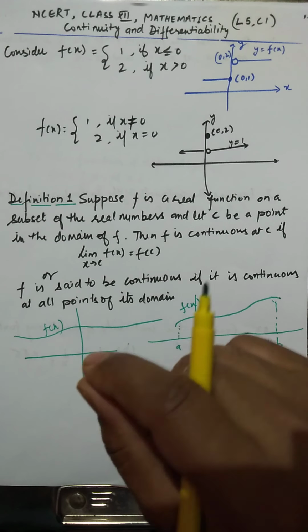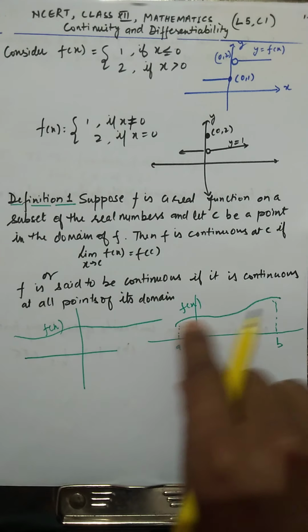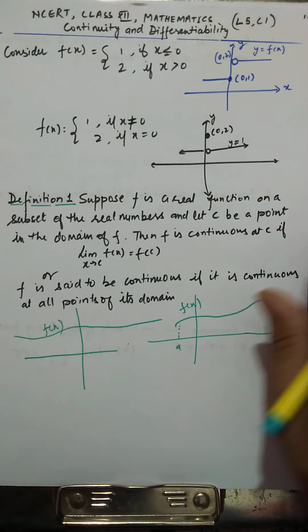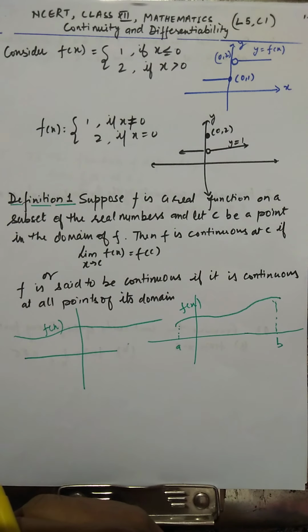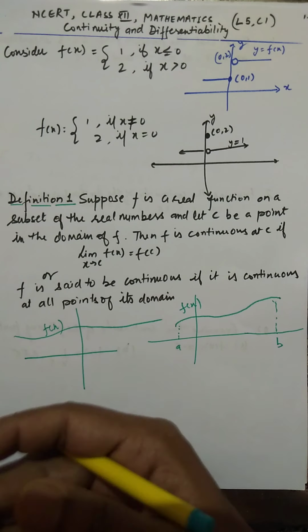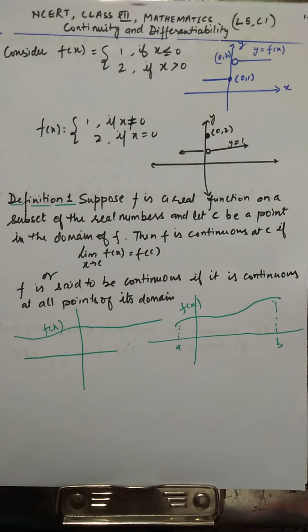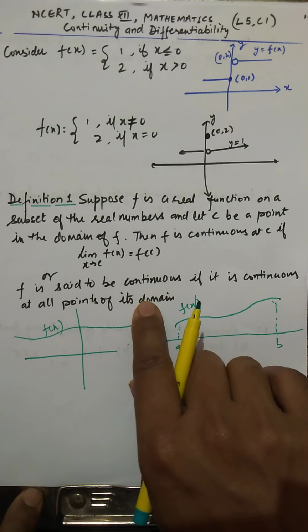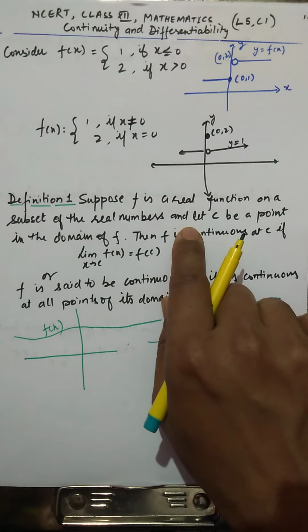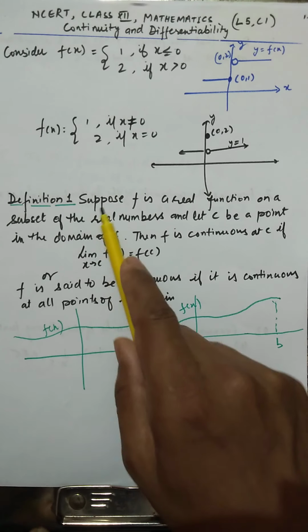So a very simple, basic thing: functions are continuous if you can draw them without lifting your pen. This is what you can understand geometrically. Now we will come to the definition, and we'll learn the procedure of how to show that a function is continuous. Continuity of a function is defined in two ways. The first way is the continuity of a function at a point, and the second is the continuity of a function in its domain. First, we'll discuss definition 1.